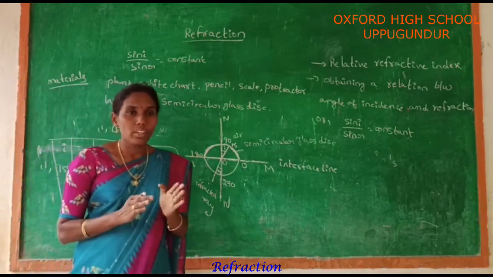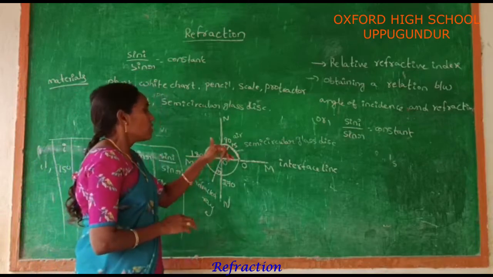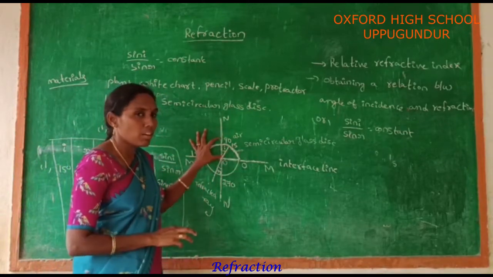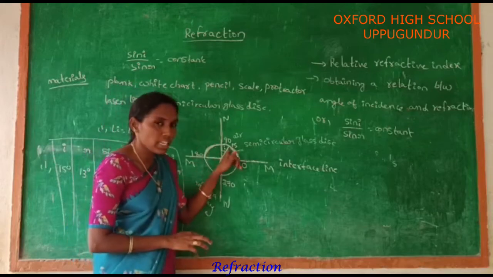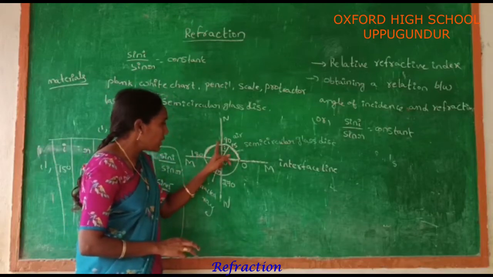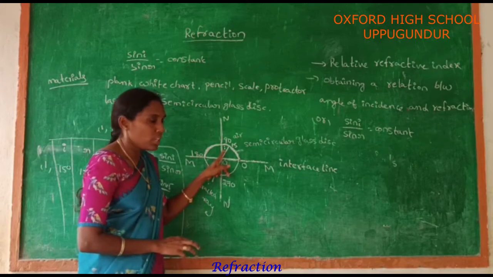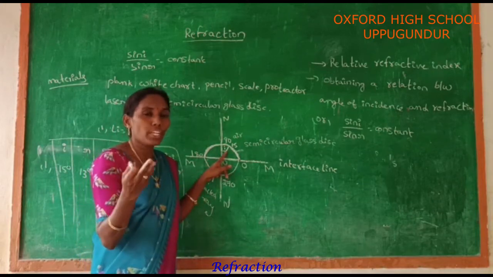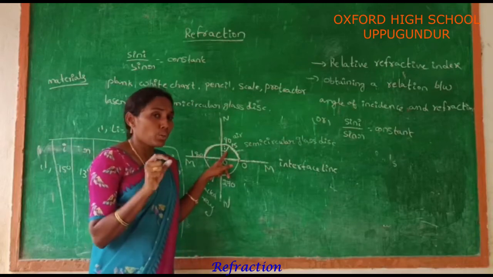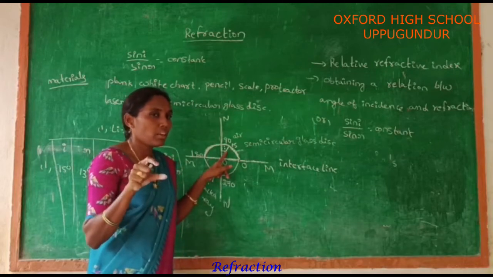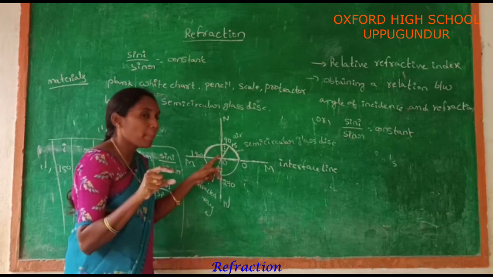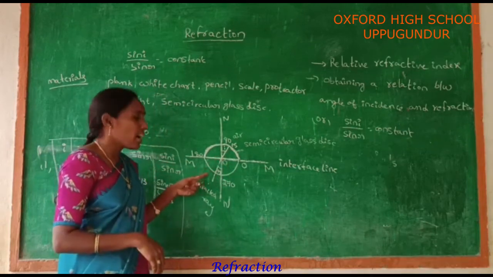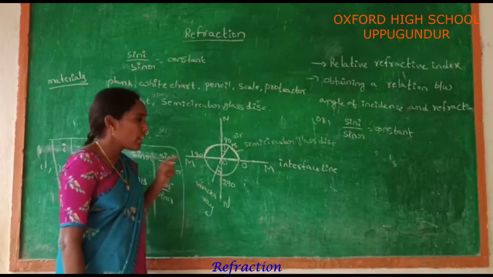Now listen carefully. In the first case, send a laser light which makes an angle of 15 degrees with the normal. This is the incident ray and this is the normal. Find the angle between these two. This indicates the angle of incidence. After that, we have to find the angle of refraction. How do we find it? By closely observing the path of the light ray that comes from the other side of the glass disc.